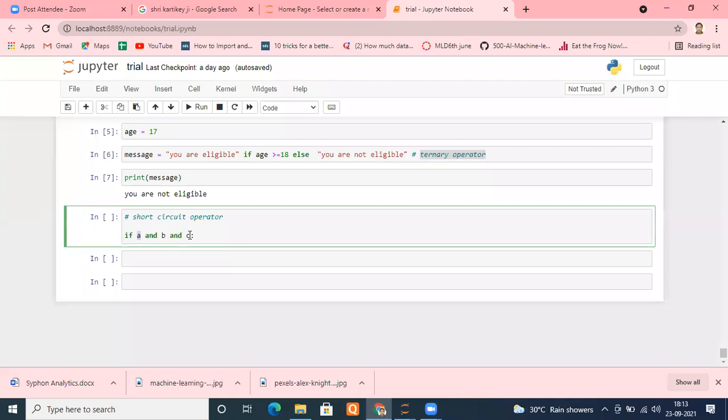Let me first of all make it more simple. I'm taking only two variables now. So it will check the variable known as A, and it will check which operator is here. Okay, you see that it is an AND operator. Once you see it is an AND operator, it will immediately see whether A is true or false. Once it finds it is true,